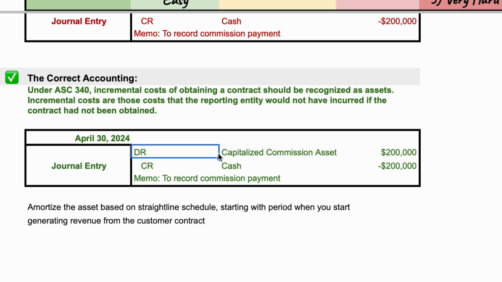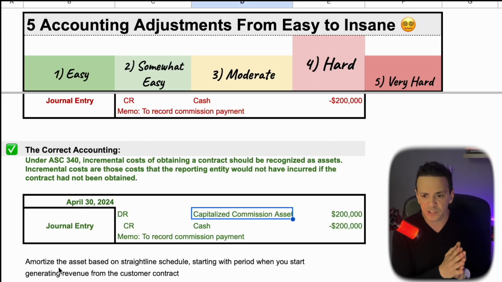So the debit will be capitalized commission asset, and the credit will be to cash. And that capitalized asset will be amortized on a straight line schedule starting when you begin to generate revenue from this customer, so that you're matching your revenue with expenses each period. And there is actually a very good diagram by PwC, so I'm going to show it up here on the